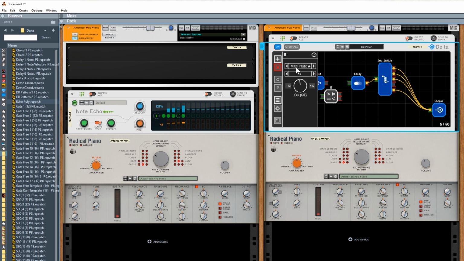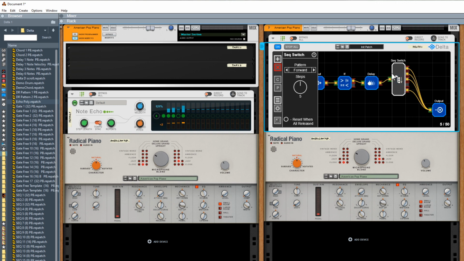I'm going to leave it on the actual key, and obviously we've got different operators of greater than, equal and greater than, less than, equal and less than, equal and not equal. So what I'm going to do here is say if it's greater than, and I'm going to bring this down to quite a low key, C1 will do me for the moment. I'm going to pass the signal on. So anything that's coming into this input, I'm going to pass on to that delay, and we're going to go to the output. So now if I hit a key,